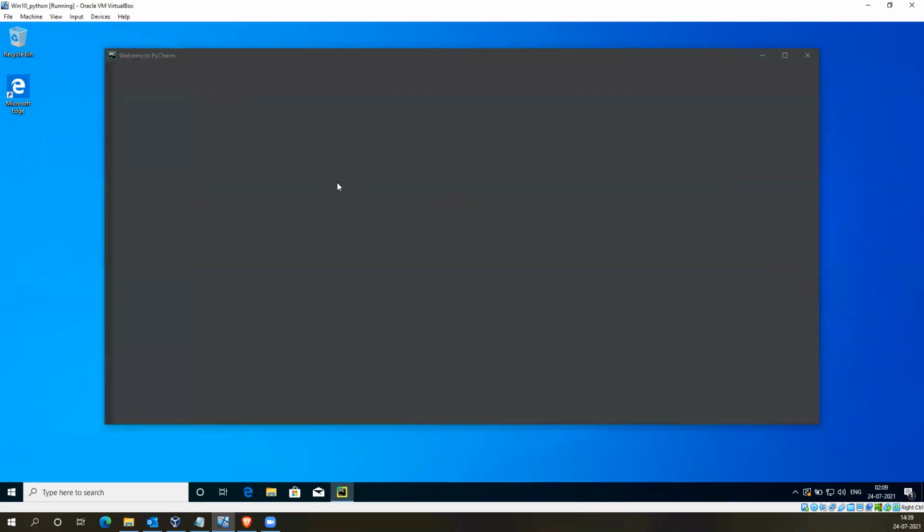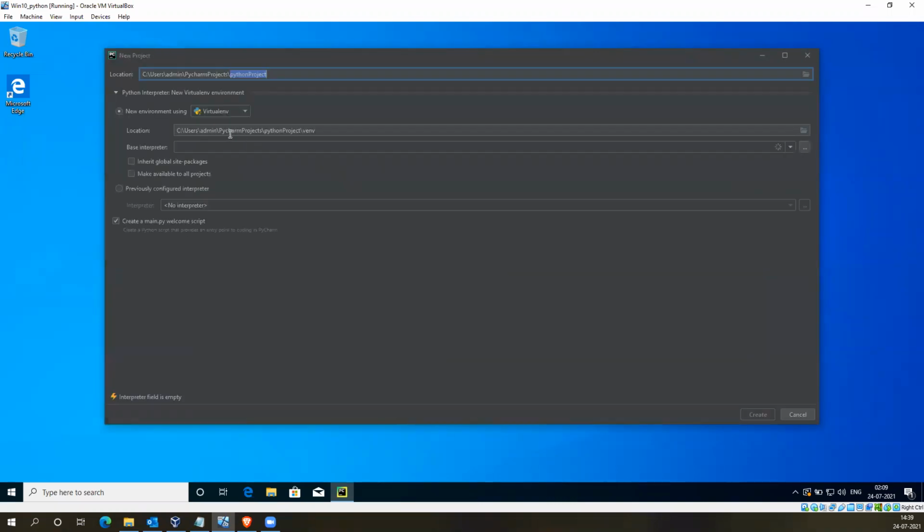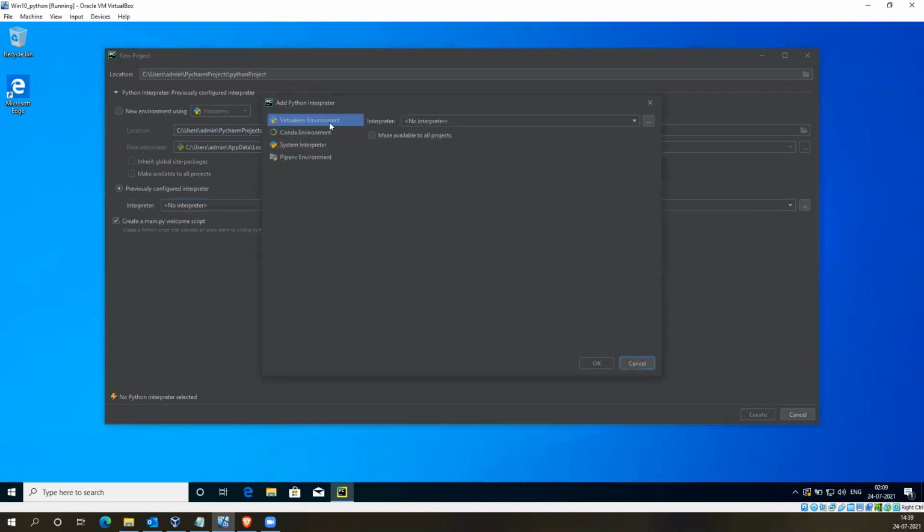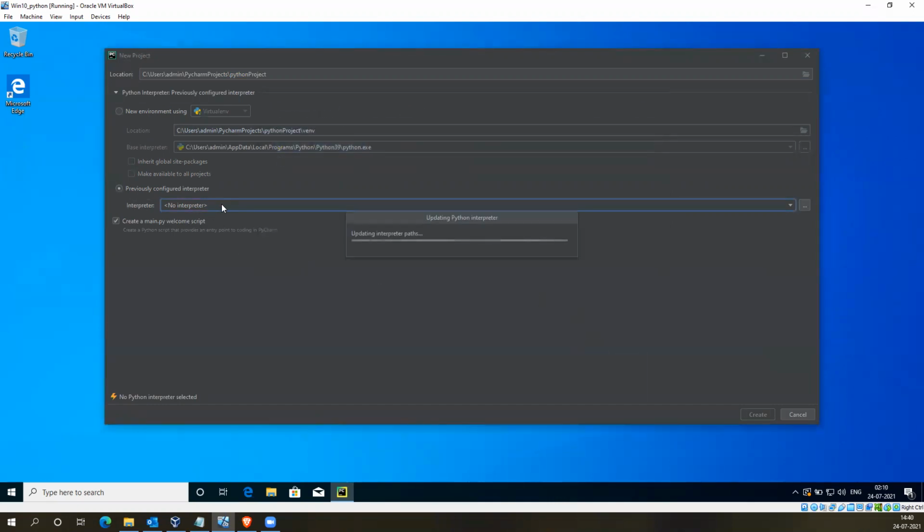So let me pick a new project. It says it will create a new virtual environment. Instead, I will select the base system interpreter so that it won't create a virtual environment now.